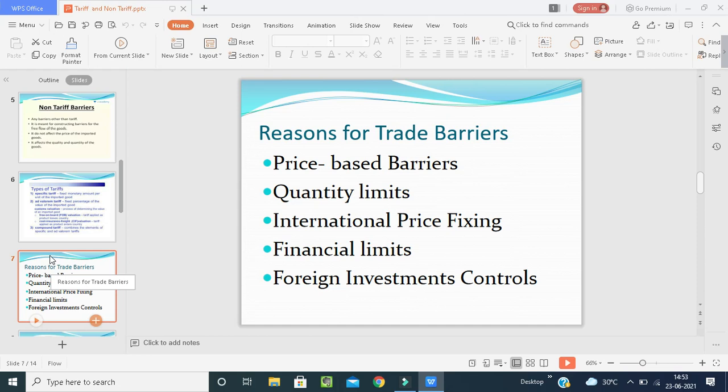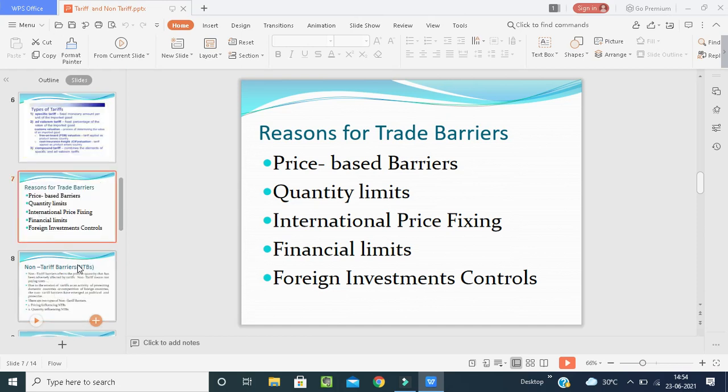Next one is foreign investment control. Here the countries impose restrictions on what foreigners may own in their country, what goods they should sell, at what price, and at what sale they have to bring them. This is based on the pressure that domestic land, assets and industry in general should be held by residents of the country. Next, reasons. These are the reasons why we need international business. That means trade and tariffs are important.